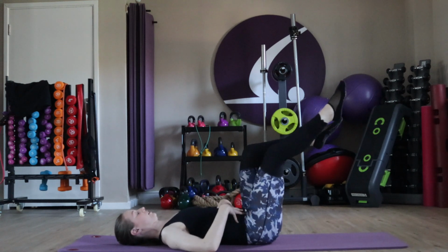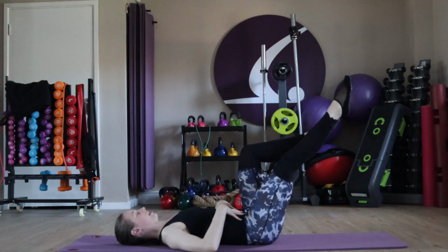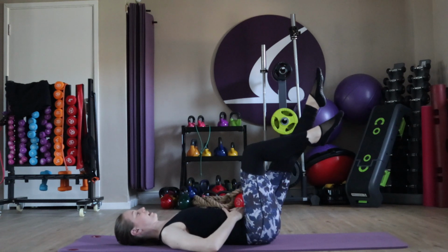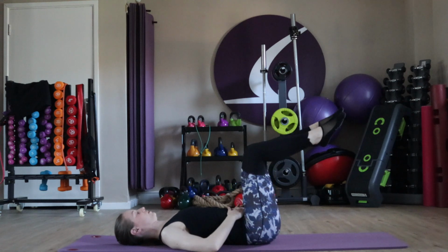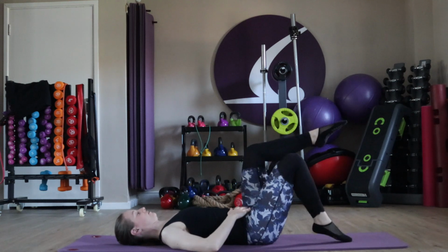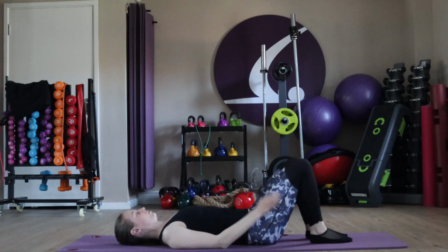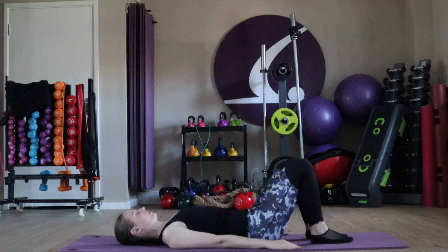So using your breath here, because naturally on your out breath, that is going to connect deeper with your transverse abdominis and your pelvic floor. And once you've done this repetition, lower your feet to the mat, lower your arms, and just double check your alignment is neutral. Coming up into a shoulder bridge, so beginning with our pelvic tilts we did at the start,